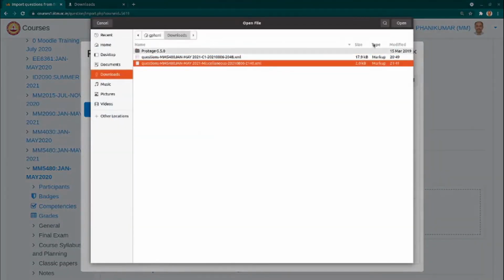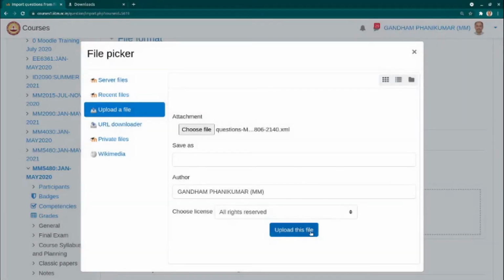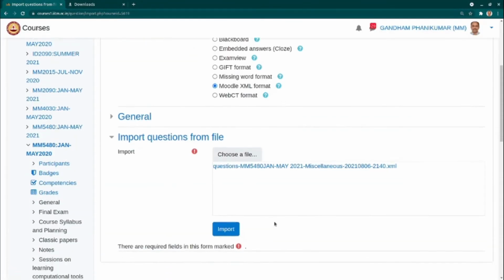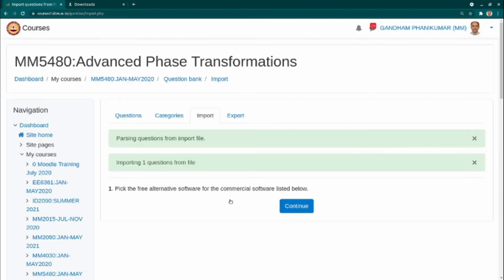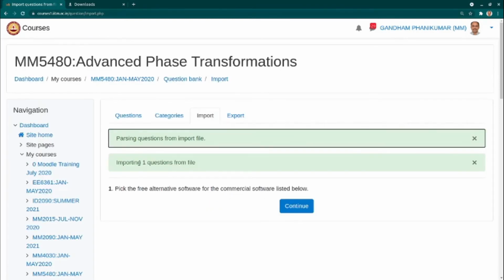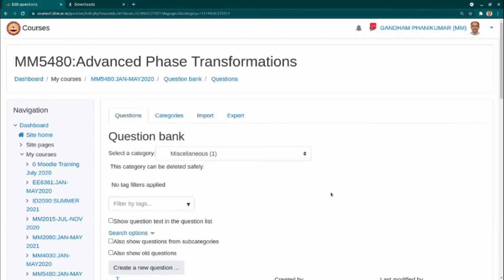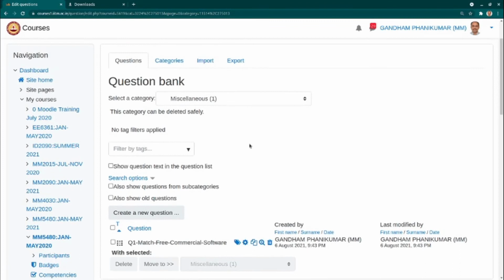So this is a miscellaneous question. Save it and upload the file, and here it is appearing and it is now ready for importing. So when we click on the import button, the question is now being displayed so that you can actually see what is the question that you are importing, and you can see that some of the text that you have written is helpful for you to know whether it is the question that you want to import or not. Okay, and continue to basically perform the action of importing, and you can see that it actually does come into a category called miscellaneous, which we have created, and it will come and sit in that.